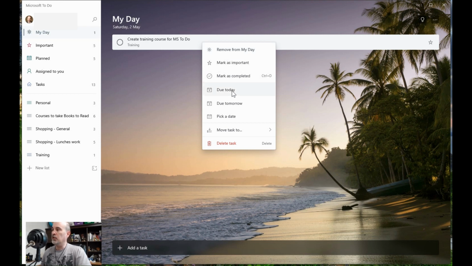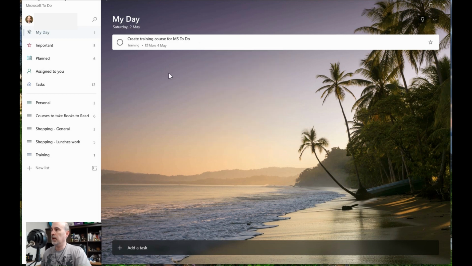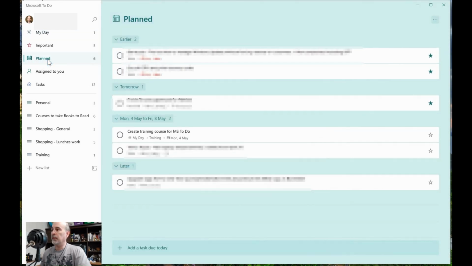You can mark a due date from here, say today, tomorrow, or pick a date. So we can go in here and say this is due Monday, and we'll save that, and now it's got a date. And because it's planned, it's under the plan section here now. And here, between this date range, here's my to-do right there.